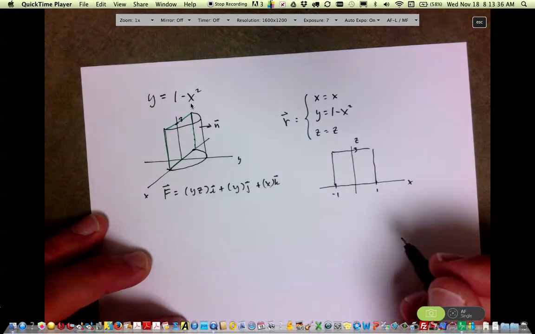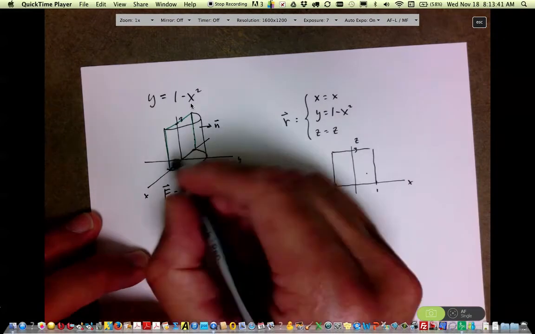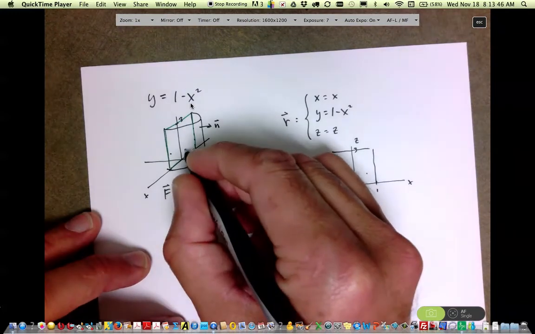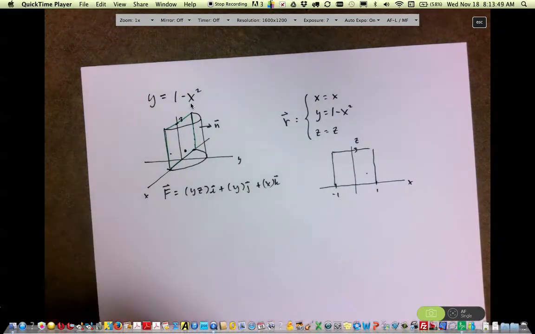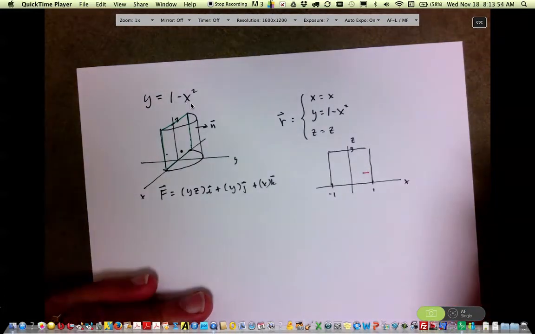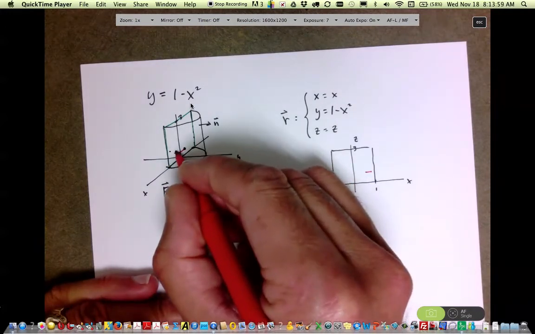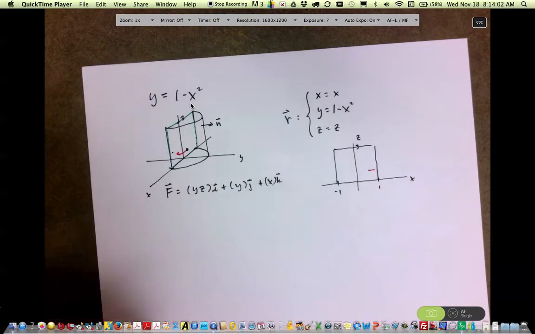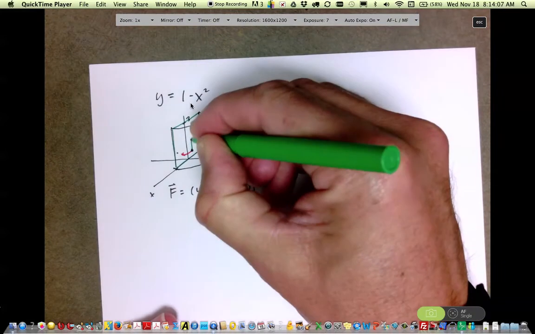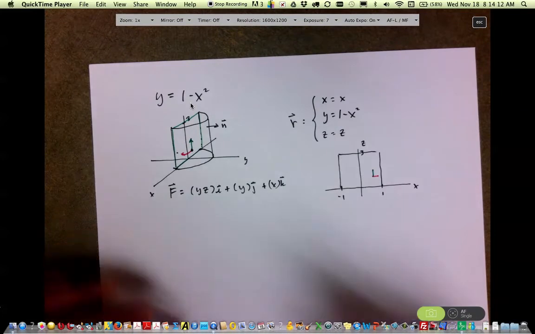Like we did before, we pick a point in this plane, which corresponds to a point in the xy plane, which corresponds to a point on the surface. Like in the early part of section 19.2, we ask what happens if we move in the x direction. As we move in the x direction on this surface, we wrap around this parabolic shape. If we move in the z direction, upward, we just move upward along this surface. So to find the dA,